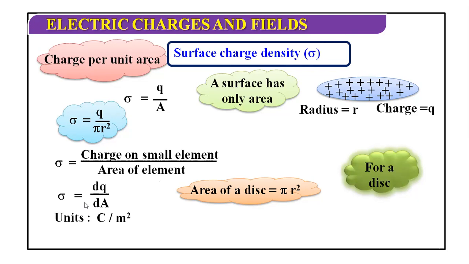Now we can write the unit. Charge is in coulomb and area is in meter square. So the unit is coulomb per meter square. We can write the dimensional formula also. For charge I will take it from current. So Q is equal to I into T. I into T means ampere, written as I raised to the power 1, and T to the power 1. No mass, and area is meter square. Meter square means L square, and because it is in the denominator, it can be written as L raised to the power minus 2.